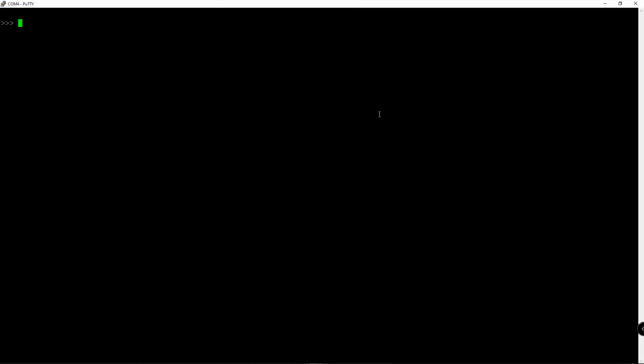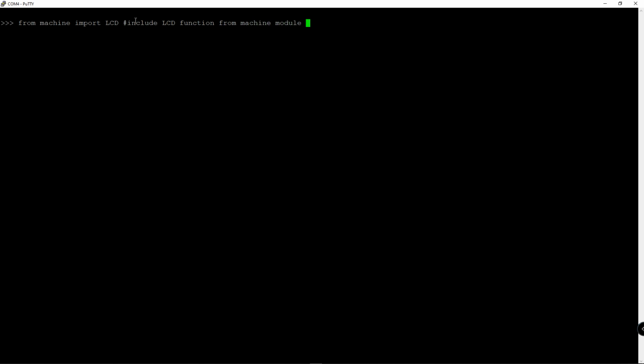Now let's try to display hello world on the Wio terminal LCD screen by writing our Python code inside the REPL environment. Let's start by writing from machine import LCD. Here what we are doing is including the LCD function from the machine module.